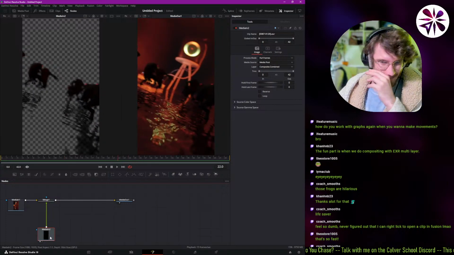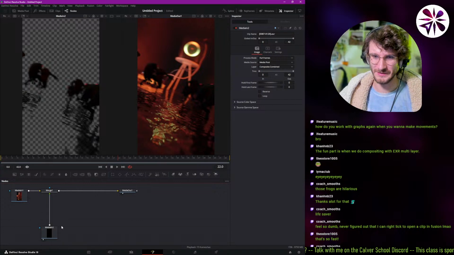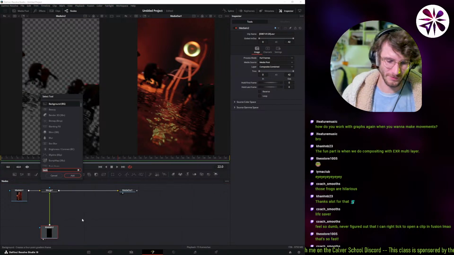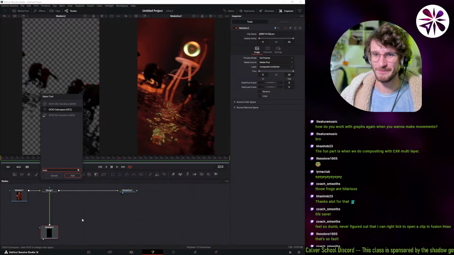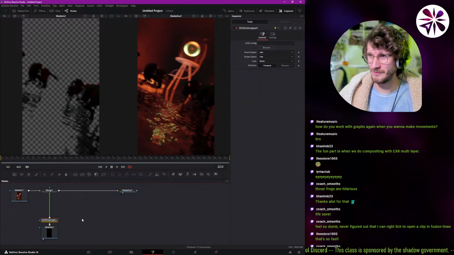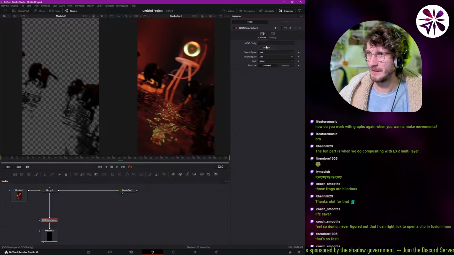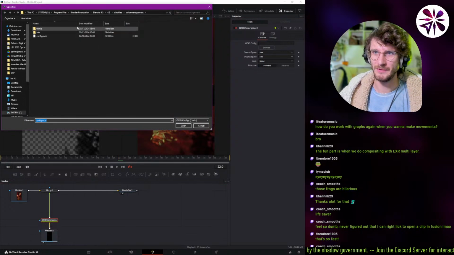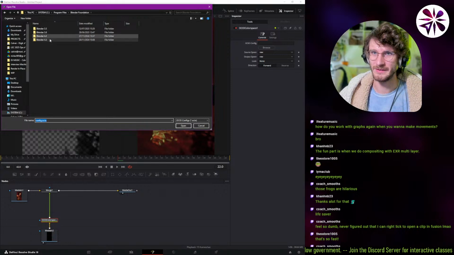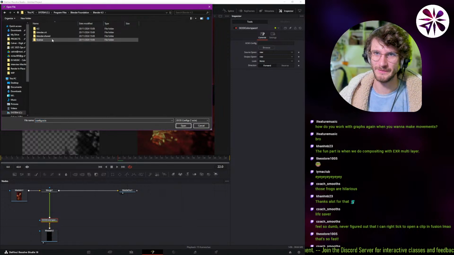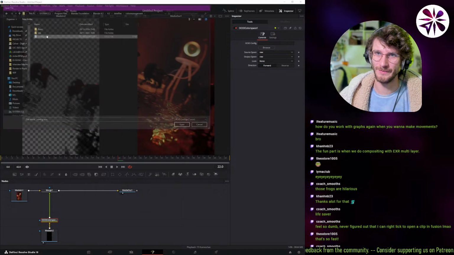So what you need to do is, whenever you use the EXR sequence, the EXR render, you need to search for the OCIO color space node. And then you add that after your render. And then in here, you select Browse, and you go into your Blender installation folder. You select your latest version. And yeah, this is the path. You click on 4.3 again, and then to, what was it, data files, color management,